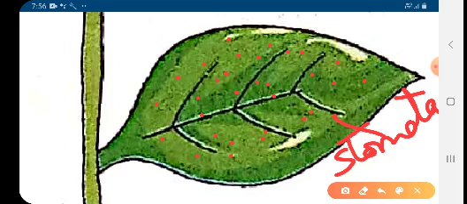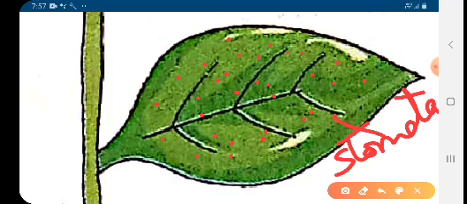In the case of plants, plants are also living things. As they are living things, they also need to breathe, and they breathe through the pores or openings present on the lower surface of the leaf. As I told you, they use these pores or stomata for the exchange of gases, carbon dioxide and oxygen. Children, these are the pores present on the lower surface of the leaf, and these pores are used by the plants to breathe.